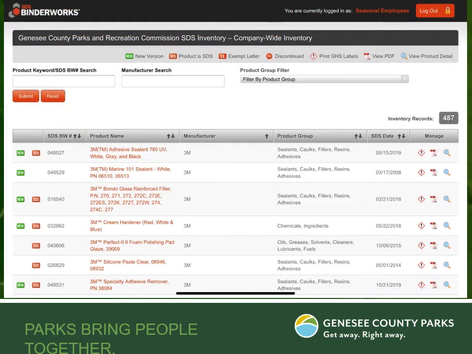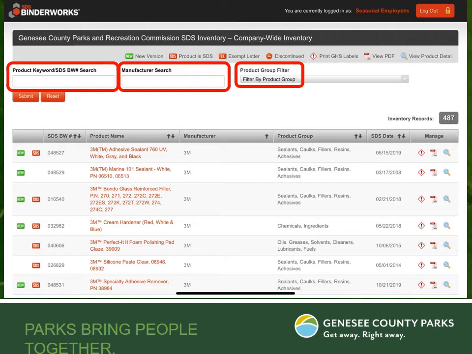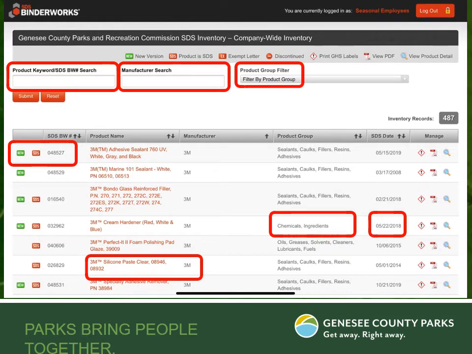Once you are logged in, this is the page you will see for the Genesee County Parks SDS inventory. On this page, you can search by product keyword or the SDS Binderworks number, manufacturer. You can sort the products by product group, and down in the inventory itself you'll see that it's new since the last time you logged in, and also the SDS Binderworks number, which is unique to this program and appears on all printed labels, the product name and the manufacturer, the product group, the date that the SDS was last updated,